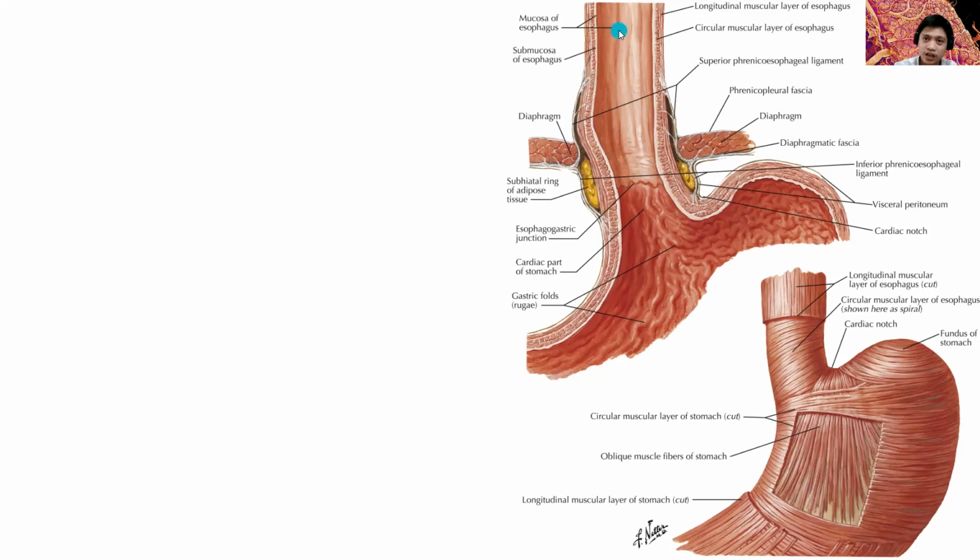You have here the mucosa, the submucosa, and then you have here the outer longitudinal and inner circular, and then the peritoneum, especially the distal portion of the esophagus. It's covered by peritoneum. The proximal portion of the esophagus, so if you will understand, if you're the mouth, the neck,